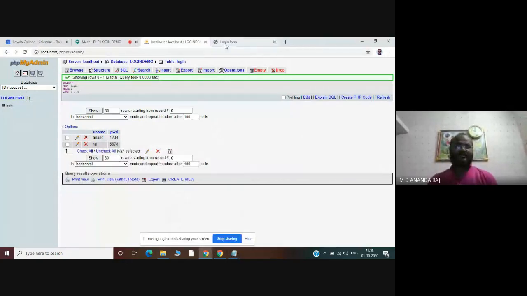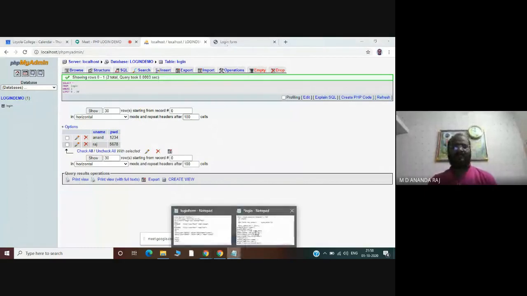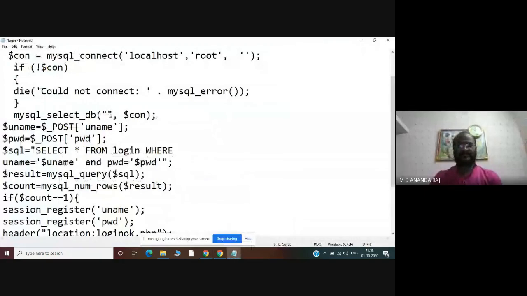The same thing you have to provide here. So in the coding, you have to mention login demo, in the same case. Capital case I have given there. So login demo, and using the connection string, that is mysql_connect localhost comma root comma password. So select the database named login demo using the connection string, connecting PHP with MySQL.